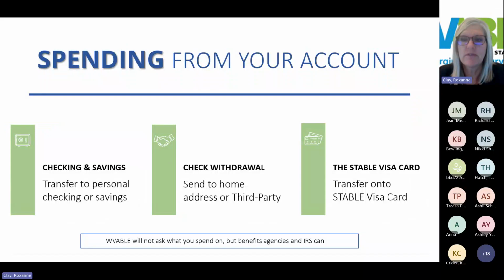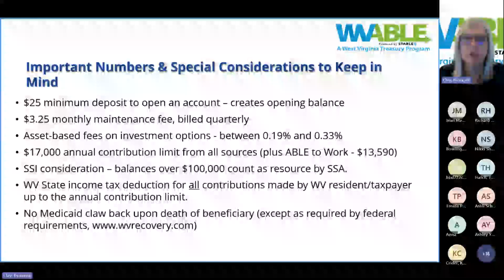These are a very convenient method of accessing the funds for the individual that plans to use the money in the account more frequently, for example, to pay for daily living expenses. Know that the cards function as a loadable prepaid debit card, so the funds used with the Stable card don't pull from the balance of the Stable account. They don't come automatic. You do have to make a request to receive the card.